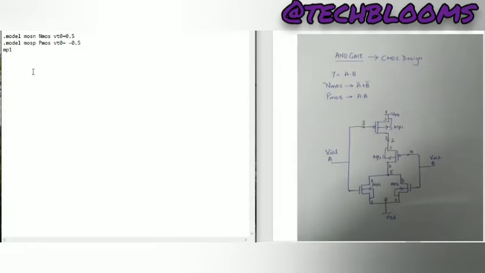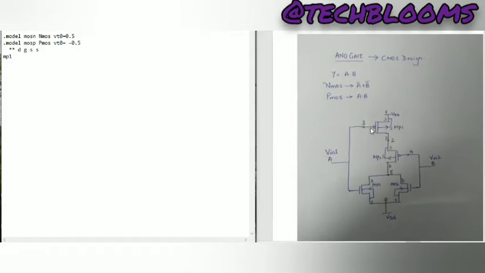Now here you need to follow a rule. How do you write the connections? Here for MP1 I'll write it as a comment: drain, gate, source, substrate. I have written MP1. Now for MP1, what is the drain?